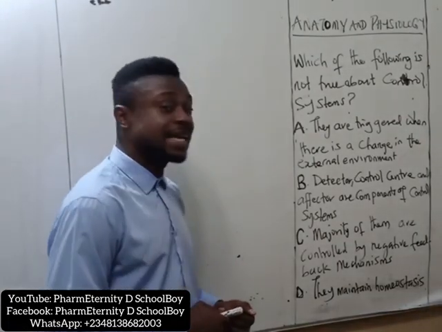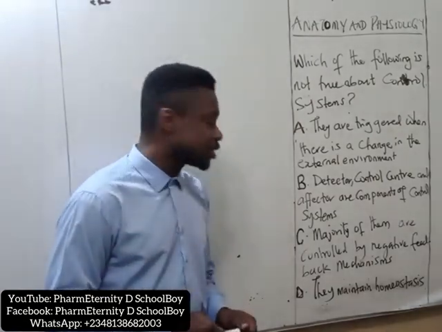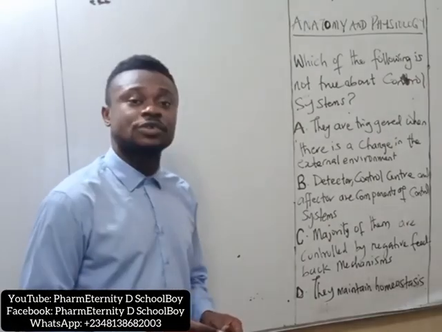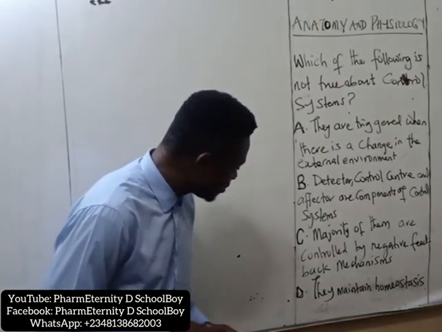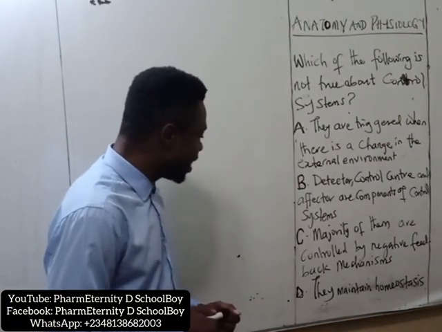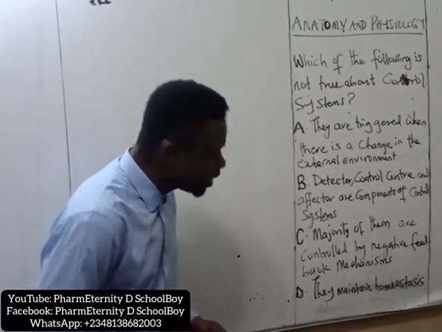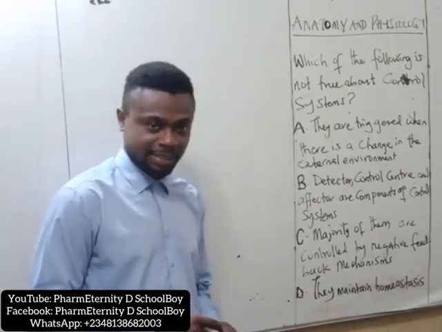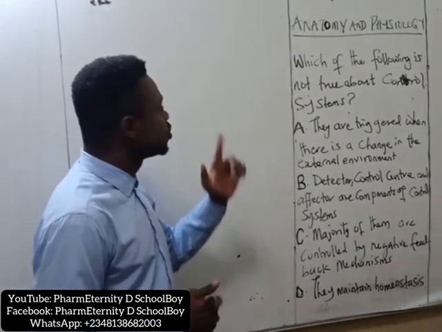B. Detector, control center, and effector are components of control systems. C. Majority of them are controlled by negative feedback mechanisms. D. They maintain homeostasis. For us to be able to answer this question, we need to understand what a control system